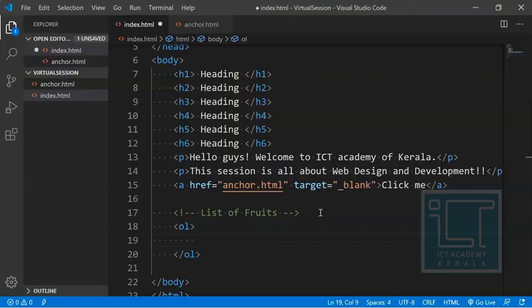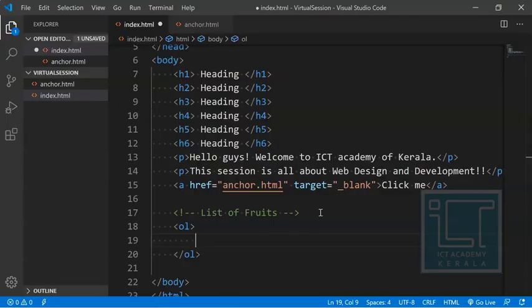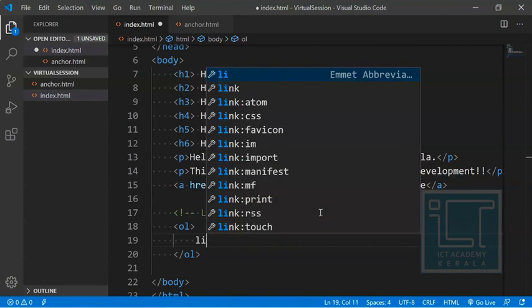For that, each item should be listed using a tag called li. OL will be our main tag, representing that it is going to be a numbered, ordered list. Inside that, each element is represented using the li tag, the list item tag.